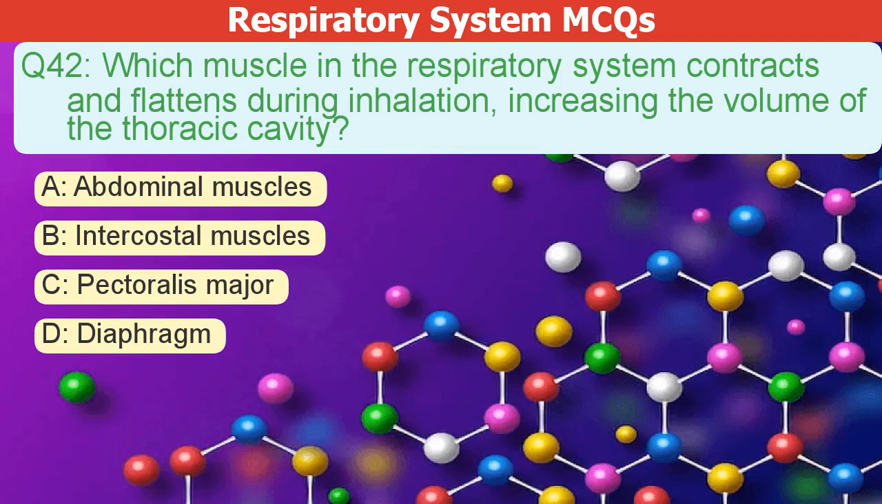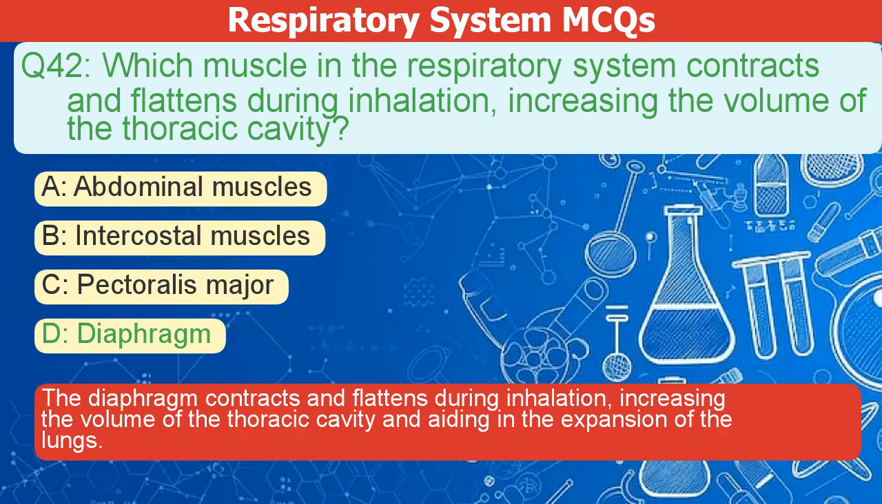Which muscle in the respiratory system contracts and flattens during inhalation, increasing the volume of the thoracic cavity? A. Abdominal muscles. B. Intercostal muscles. C. Pectoralis major. D. Diaphragm. The correct answer is D. The diaphragm contracts and flattens during inhalation, increasing the volume of the thoracic cavity, aiding in the expansion of the